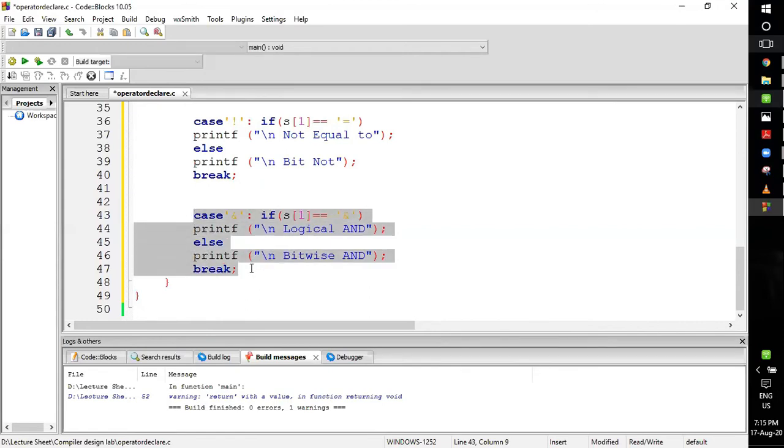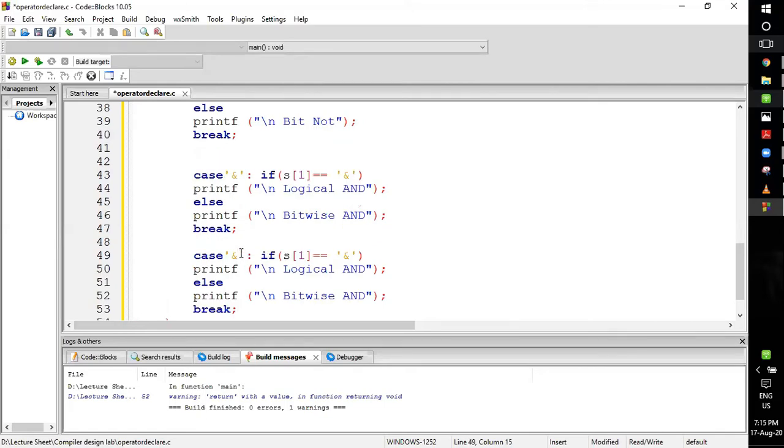Now for the next case, I will be having the logical or operation. So similarly, I will give here the symbol for or. Now if there are two bars like this, then it will be logical or.